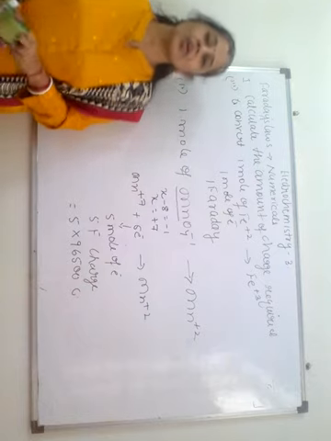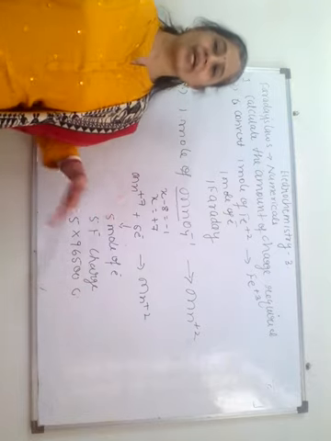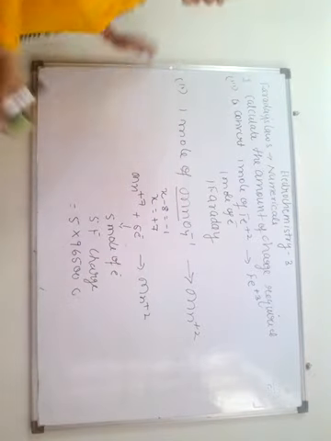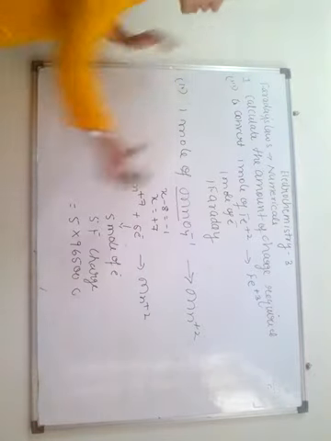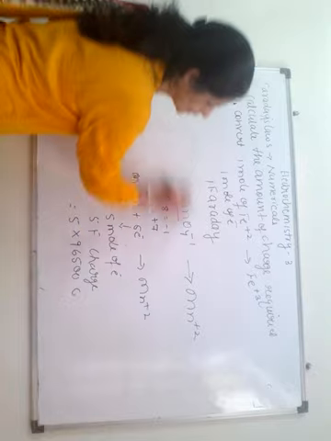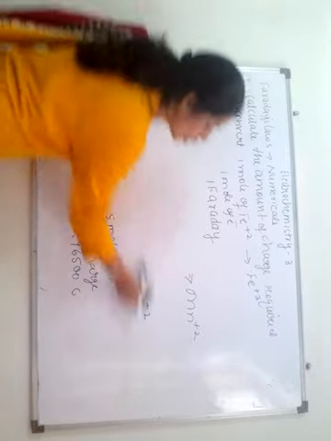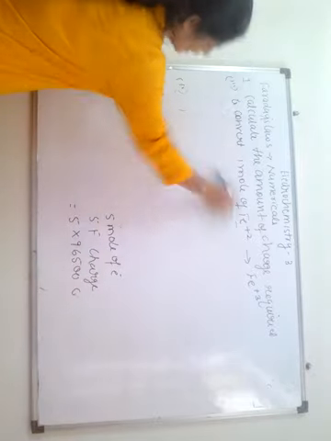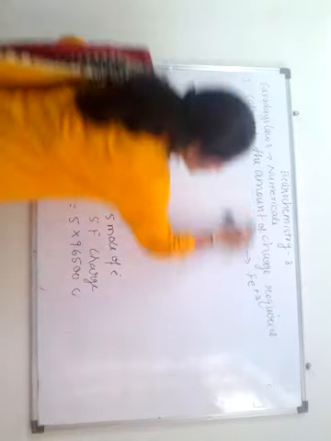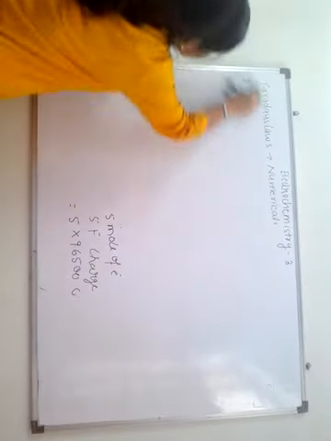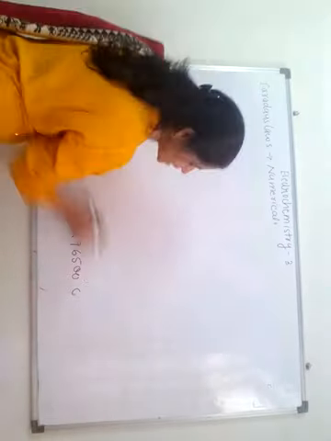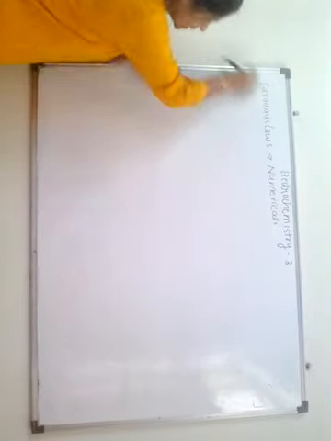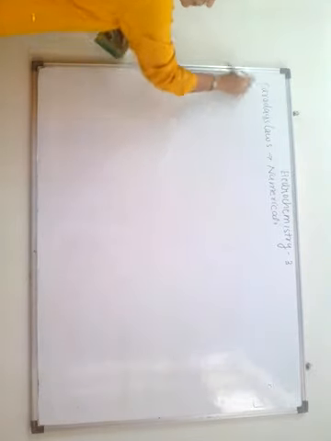So that is one type of questions. You will be asked to calculate how much charge is required for a particular conversion. The second type of question is based on the first law of electrolysis. Here we will be using the formula M is equal to ZIT. See, next question, children, is second type of question.